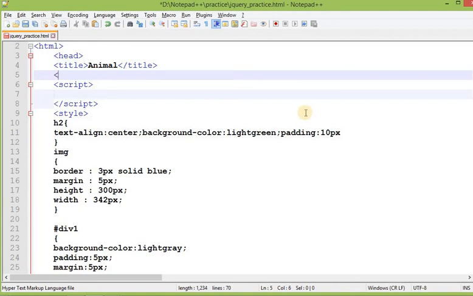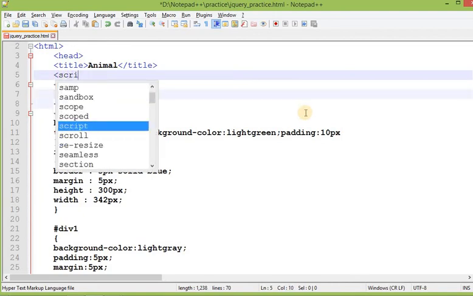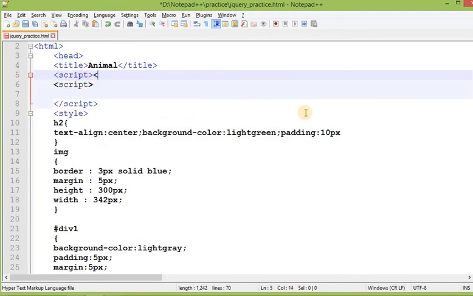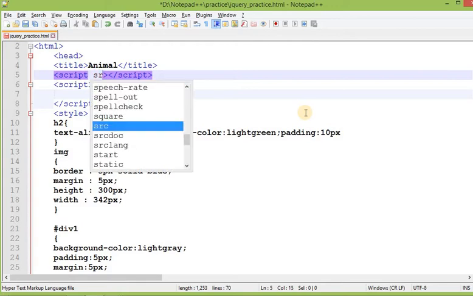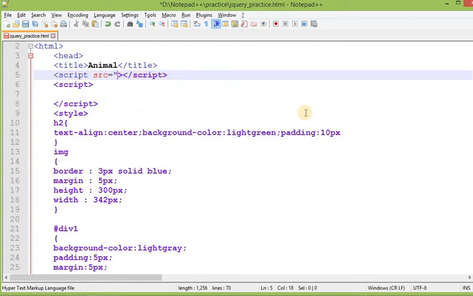Now you need to include this file inside your page. So how do you include it? Using the script tag. Script tag start and script tag complete. Inside this script you need src equals to the folder name where this js file resides, that is jquery, but the q is capital.